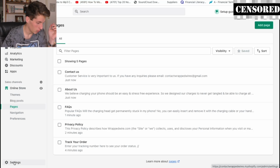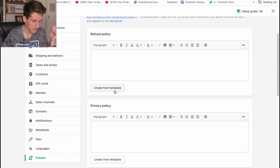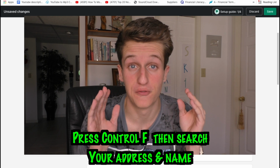Once you've done that, go over the settings, scroll down and press policies, and then create all of these from a template. It's super easy. All you have to do is replace their info with the info about your store. And disclaimer, make sure to press Control F to find your name and address. Those will automatically be placed somewhere in these templates, so make sure to triple check you delete them